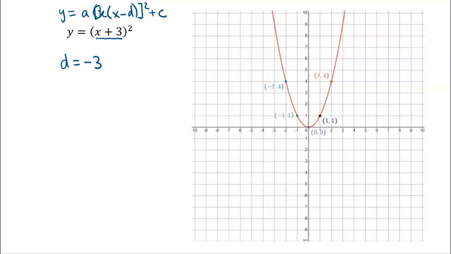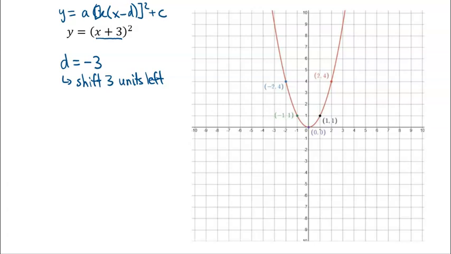And so if it's a minus, it's actually positive, but if it's a plus, it means we're subtracting a negative. So in this case, d is negative 3. And what that means is we're going to shift 3 units left. I'm going to take each of these points, and I'm going to shift them 3 units